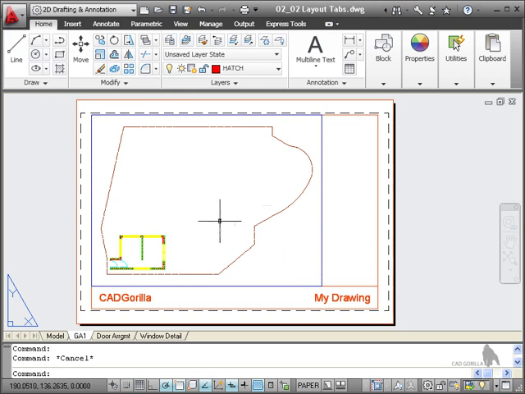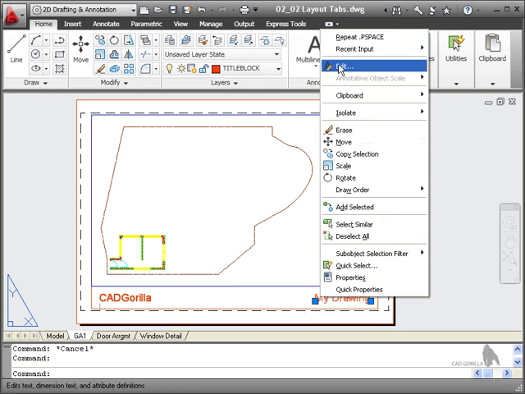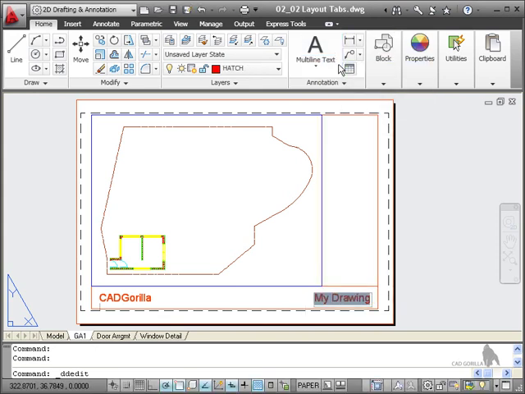Now what you would do there as well in your layout tabs is you might name your drawing along the lines of the tab name itself. So that's GA1. So what I might do there is select that text like so, right click, and I can edit that text by selecting edit on the shortcut menu. And what that will let me do is it will bring in the on-screen editor. As you can see, the text is now highlighted, and I might change that to general